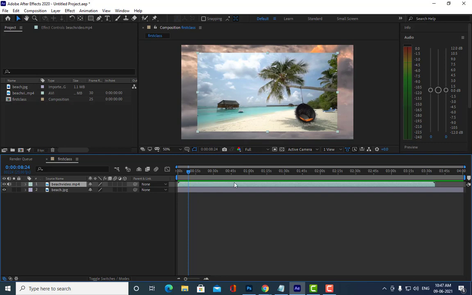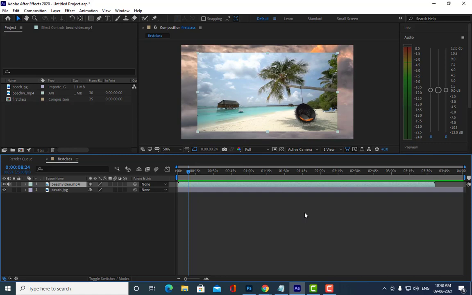You can see this green line. Can you see this green line? Yes, sir. So what does that green line indicate? It indicates that it has calculated the memory. It has completely rendered the video, and you are in a position to play the video. So that is what this green line is saying.